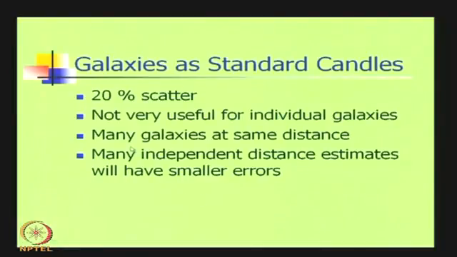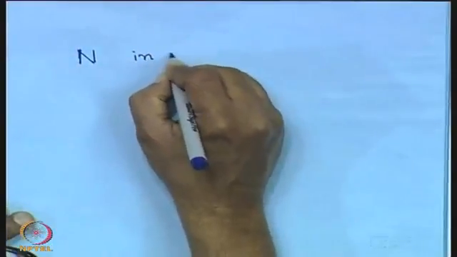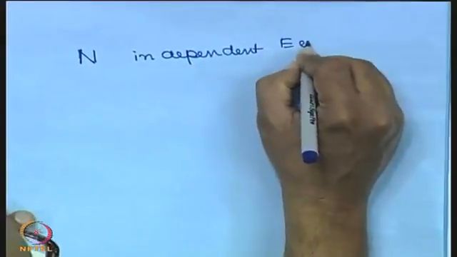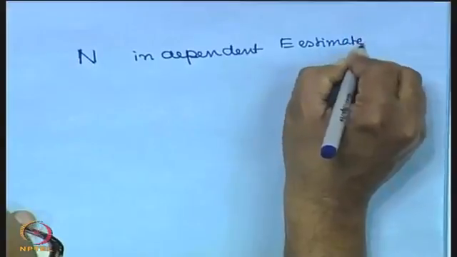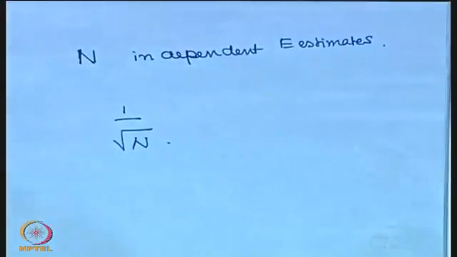Now, what one could do is, if you have many galaxies at the same distance for which you know the distance is the same, then if you have, for example, n independent measurements, independent estimates, then the error will go down as 1 by root n. This is a well known thing. Okay, if I combine two measurements, the error goes down as 1 by root 2. The variance adds